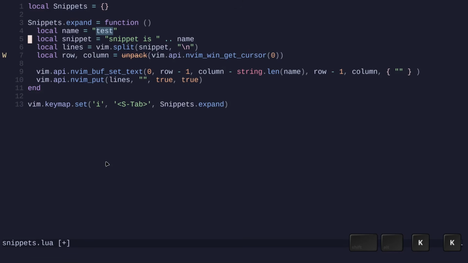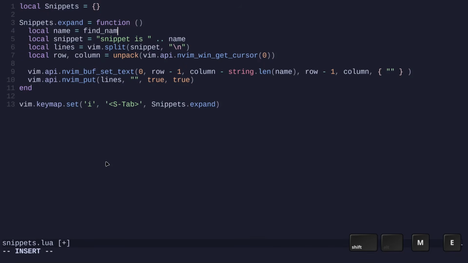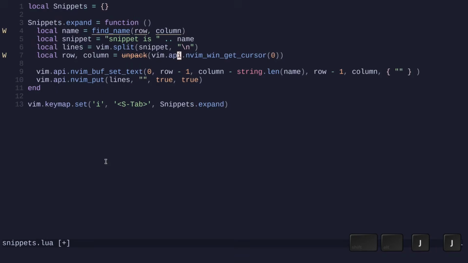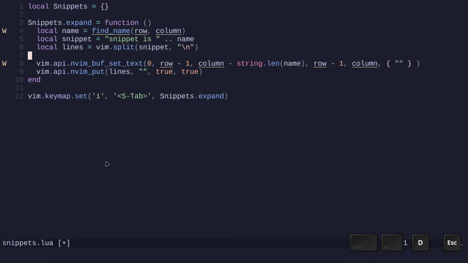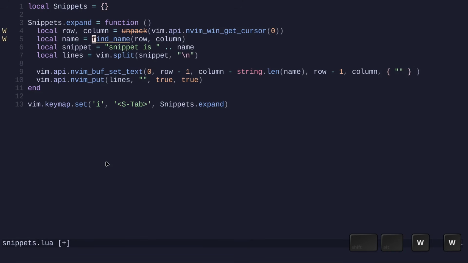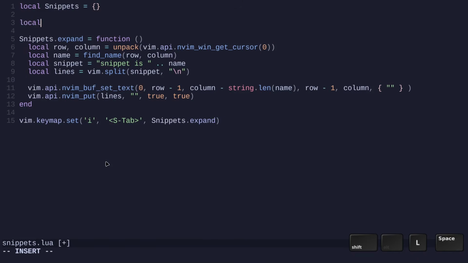So the next thing we want to do is make this name dynamic. Imagine that we had a function called find name, and we would need to know the current position. So let's give it the row and the column. We'll just move this line up, so I'll delete this and move it up here. So that will have it available. Now we'll need a function called find name. So it'll be something like find name, row, column,